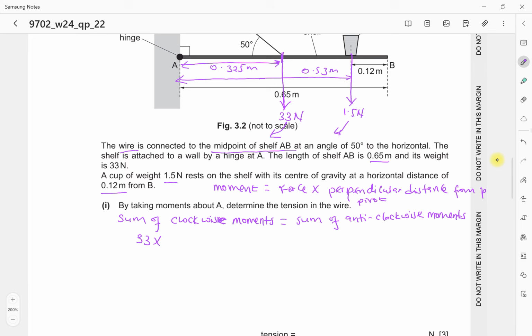That is where we are taking the moments from. That is the pivot. So that is 33 times the perpendicular distance, which is 0.325 plus 1.5 times the perpendicular distance, which is 0.53, should be equal to